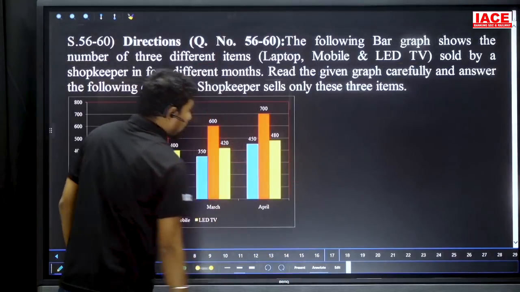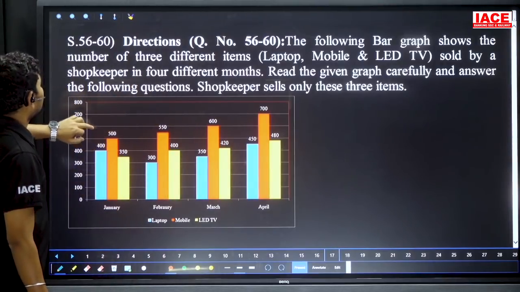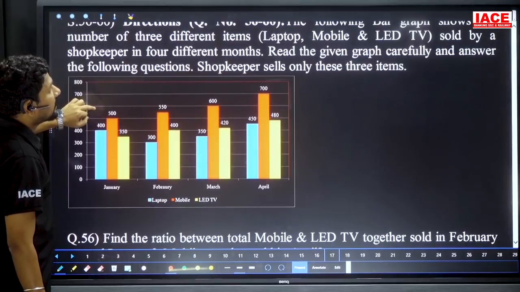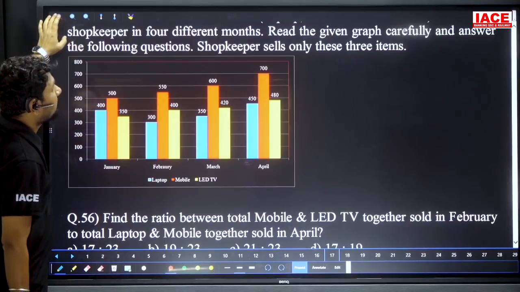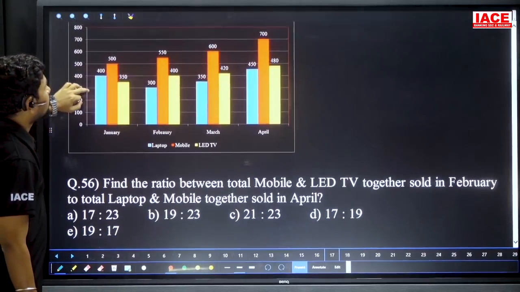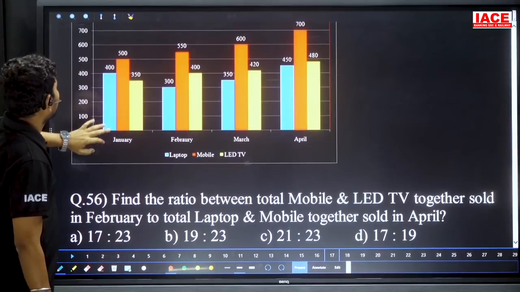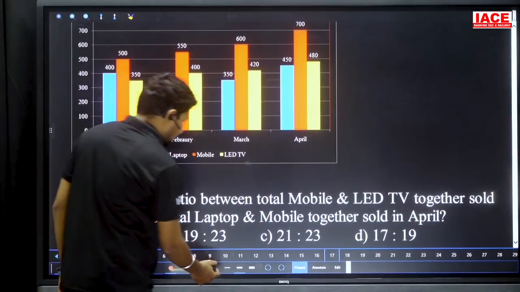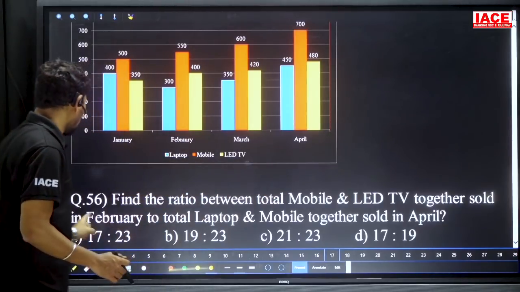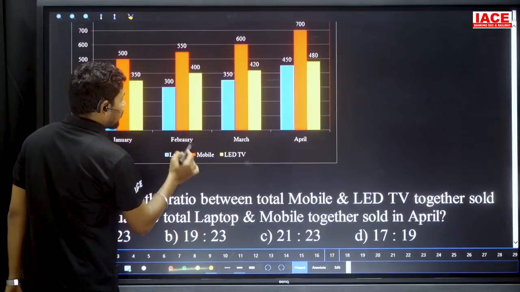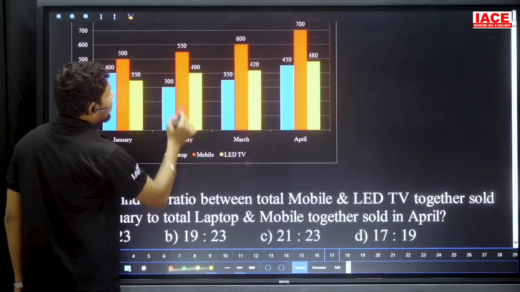Next, we have a DI based on the bar graph. The following bar graph shows the number of 3 different items, laptop, mobile and LED TV, sold by a shopkeeper in 4 different months: January, February, March, April. Observe the given graph carefully and answer the following questions. Okay, so this is the data, and we have to utilize the data to solve the questions. Find the ratio between total mobile and LED TV together sold in February. Mobile belongs to red color, LED belongs to yellow color, laptop belongs to blue color. In February, 550 plus 400 is equal to